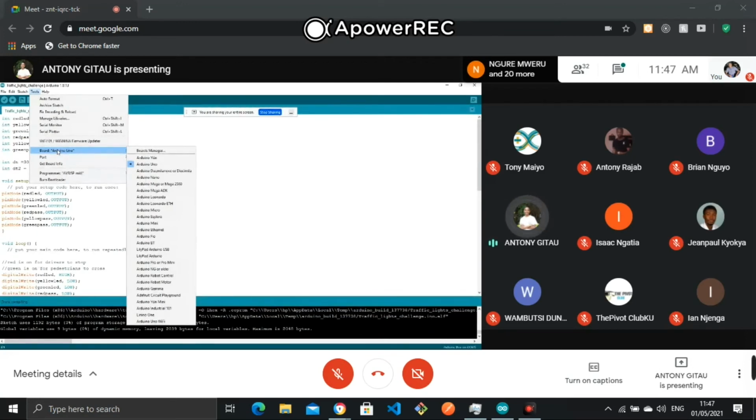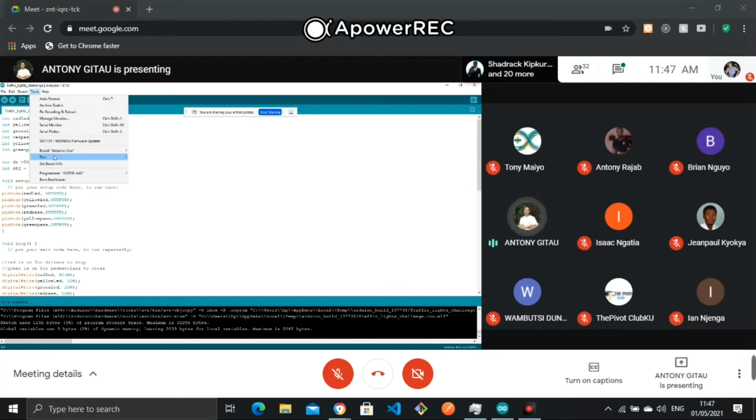Like you can see there's Arduino Uno, Nano, Mega, and so on. I can't even read that name right now. Just make sure you have selected the right board, and then make sure you have selected the right port. Like you can see the port right now, it's